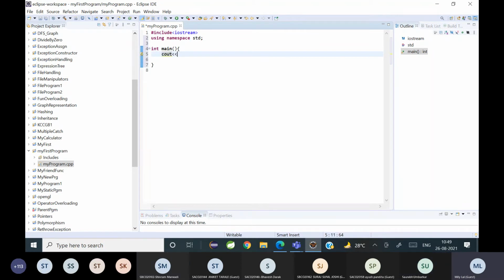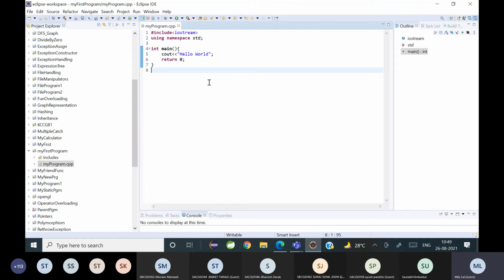Cout, then the insertion operator, double quotes because it's a string, Hello World. Every statement ends with a semicolon, and then return 0.